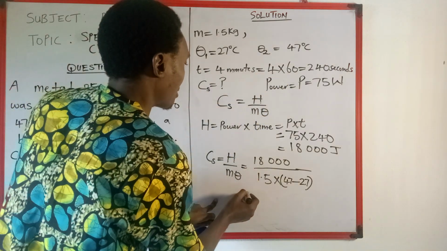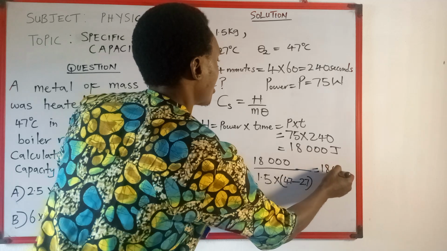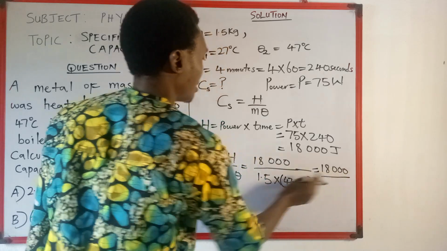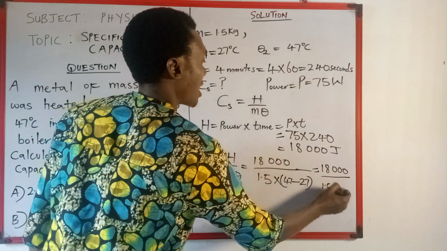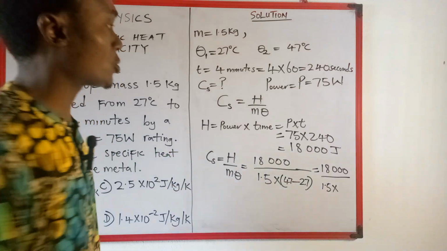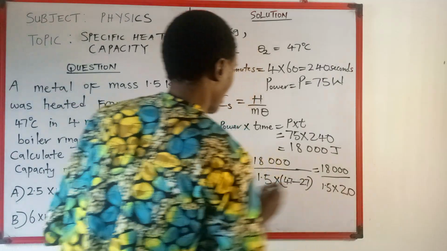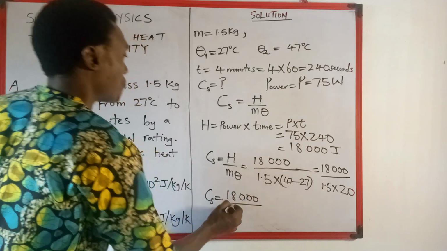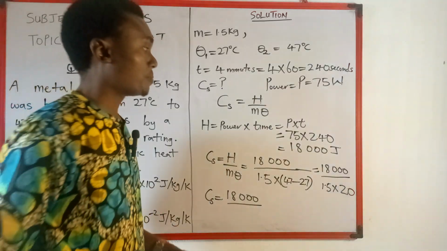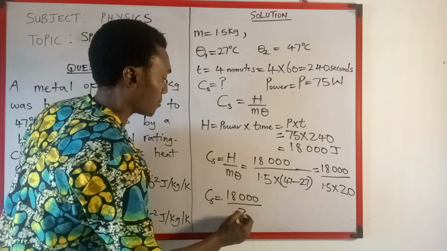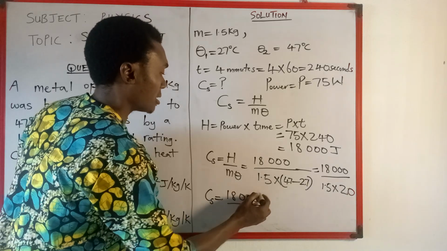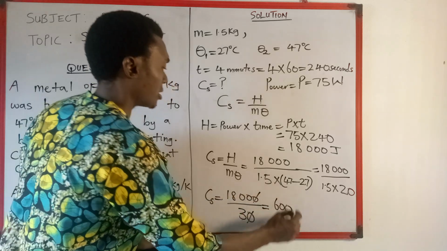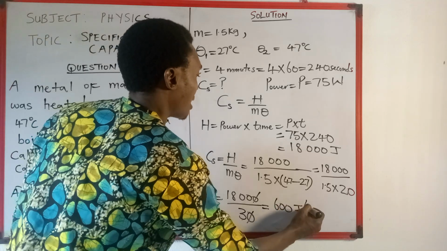Okay, so from there we're having 18000 divided by 1.5 times 47 minus 27. Use your calculator, you have 20. So C is equal to 18000 over 1.5 times 20. You're going to have 30. 18,000 divided by 30. Cancel, cancel. 3 cancel, 1800. You have 600 joule per